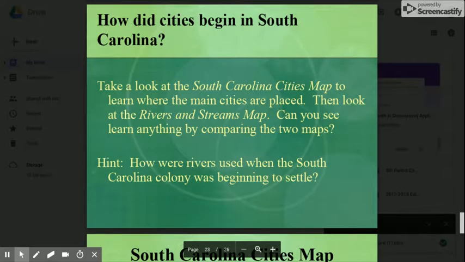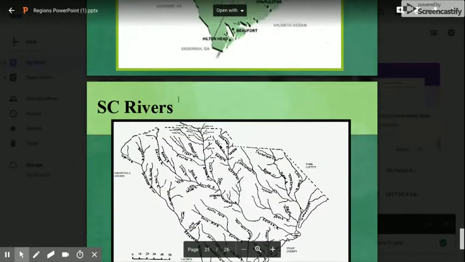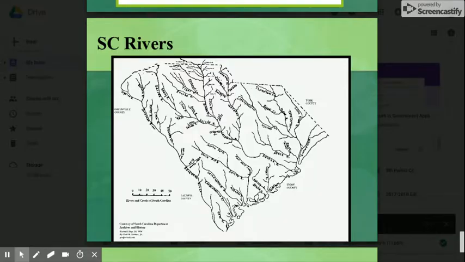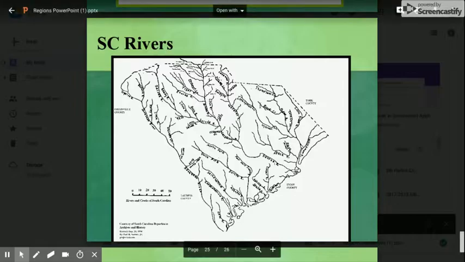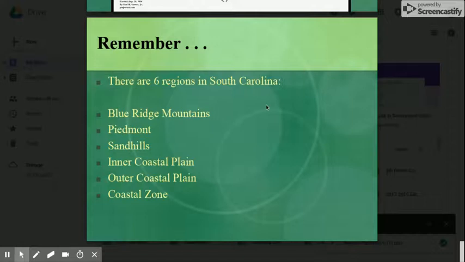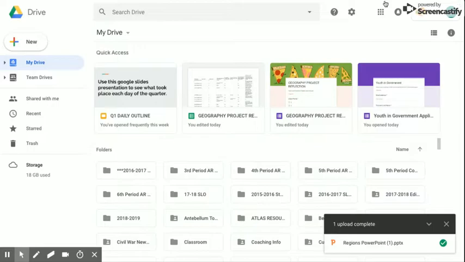So we're gonna skip through this part, all right, but I do want to show you the city's map so you can kind of get an idea. Here's Greenville right up here. These are our rivers, all right? They all start here and flow towards the ocean. It's like Finding Nemo. All drains, all rivers lead to the ocean or a lake. They empty into an ocean or a lake. 6 regions, but we are counting 5. All right. And we are